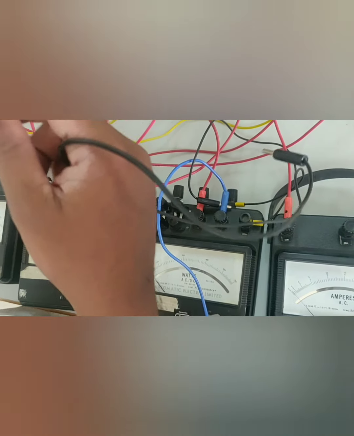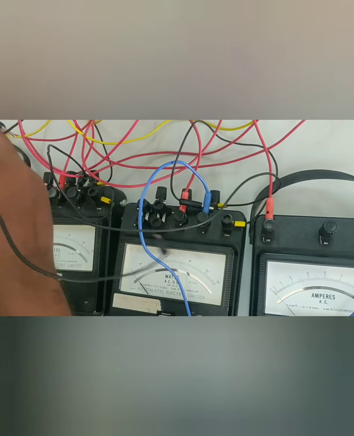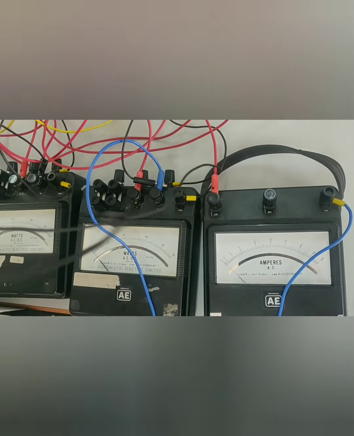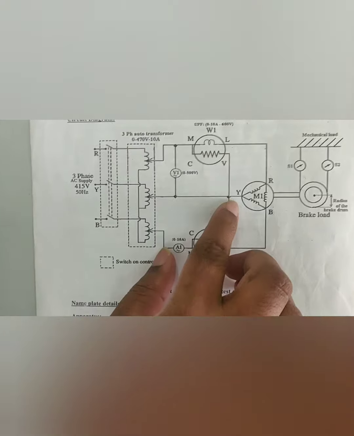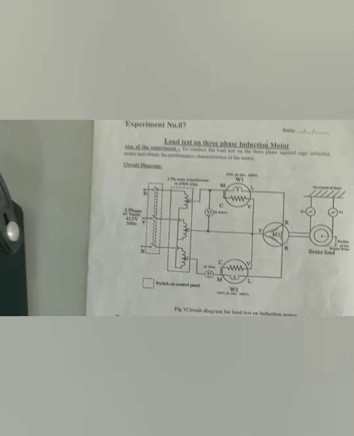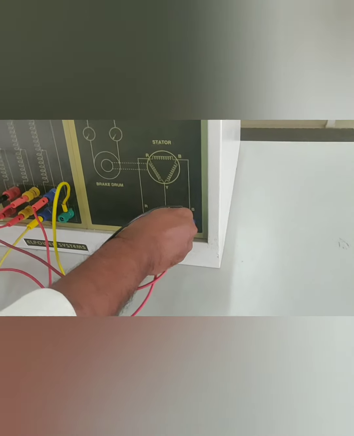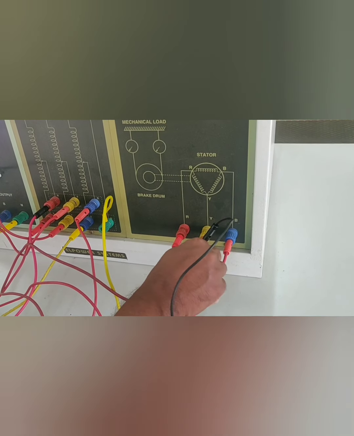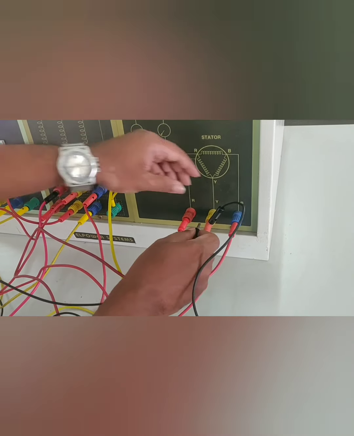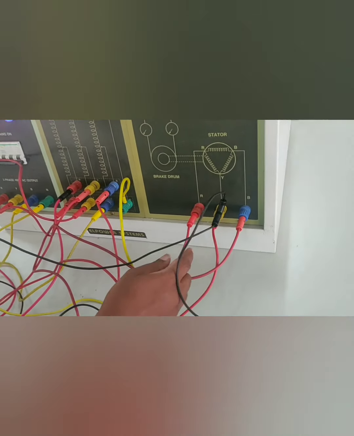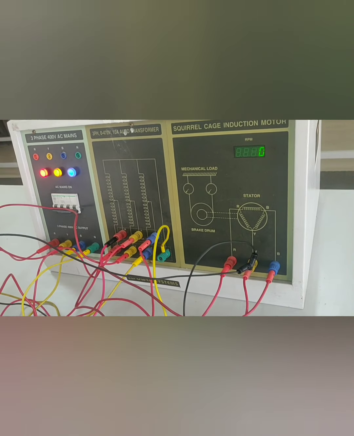You have to take out the V points of both wattmeters. Since the voltage setting of both wattmeters is 600 volts, you can connect them to the common phase. The common phase is the Y phase here, so both V's are connected at the common point Y. You can choose the Y point at the induction motor Y phase or at the output of the auto transformer. Here I have connected it to the Y phase of the stator of the three-phase induction motor.